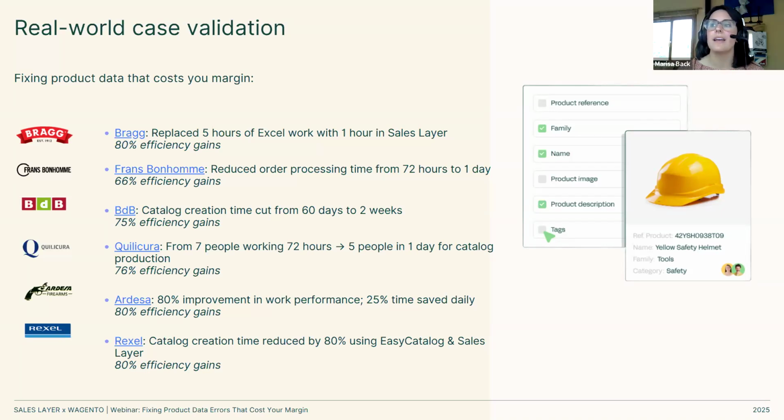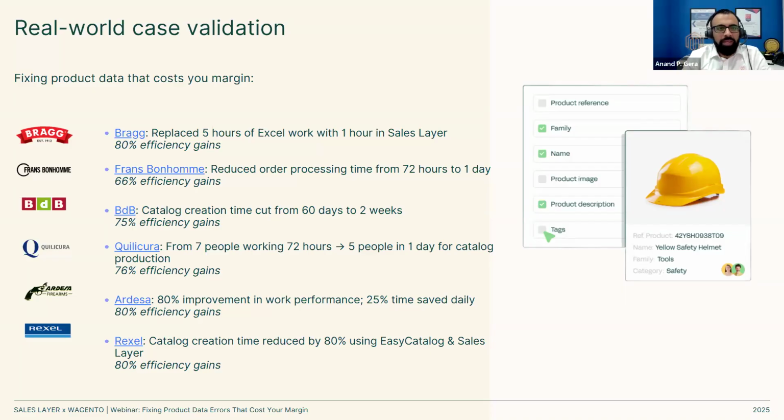Ultimately, know that we are here to, one, build that internal case for you. Lean on us here at Sales Layer to give you case studies to show you that other businesses have taken the leap, made those implementations, and have been able to get results from implementing a PIM. Lean on Sales Layer to create those internal cases with you. We have an ROI calculator as well to help you calculate some of those numbers. We even allow you sometimes to speak to some of these customers as well. We understand that there will initially be some hesitation, but let us support you with that so that ultimately we can drive results together.